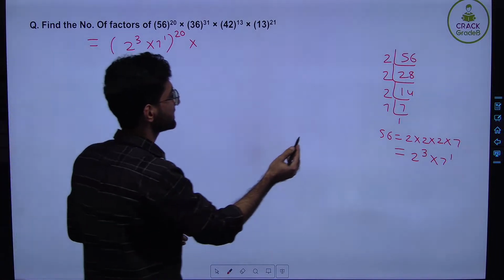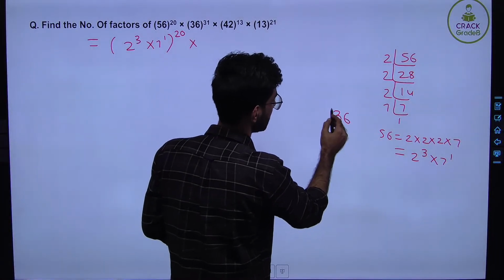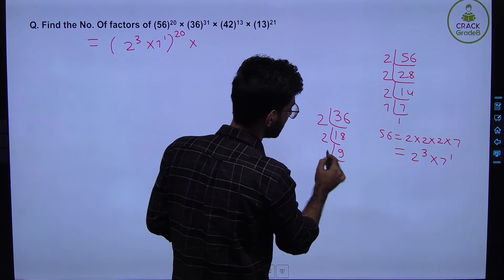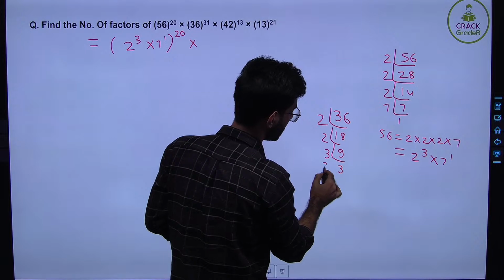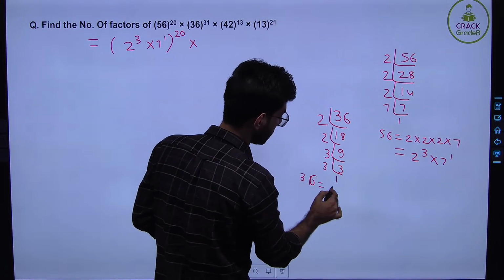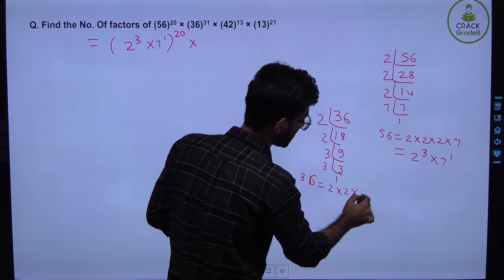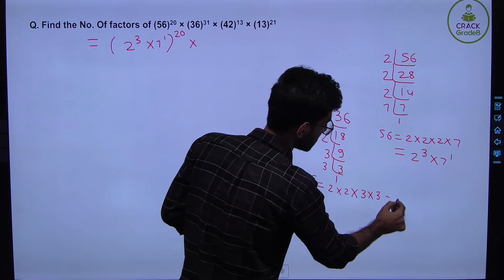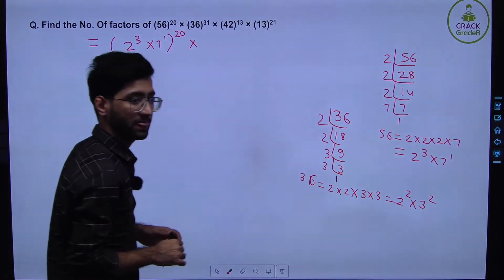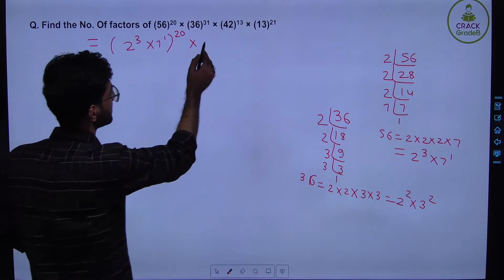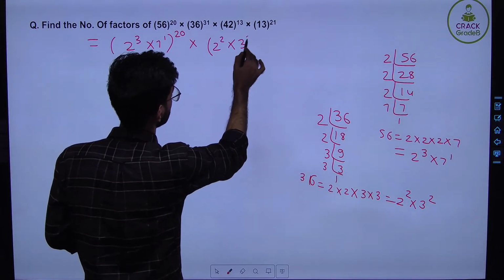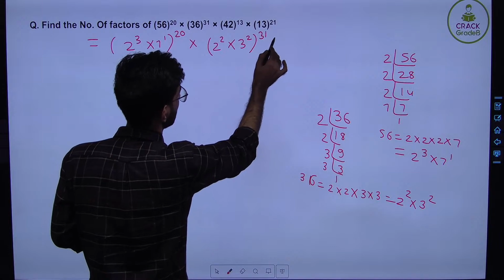Then you will write 36 as 2 into 18, 2 into 9, 3 into 3. Basically, 36 equal to 2 into 2 into 3 into 3. So 2 square into 3 square. So you can write 36 as 2 square into 3 square, the whole to the power 31,